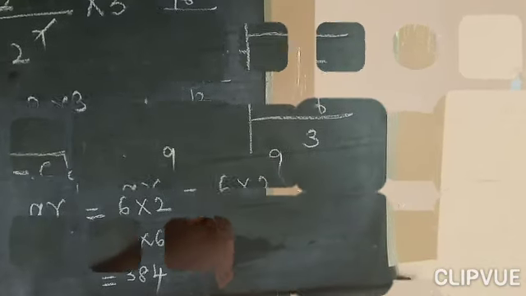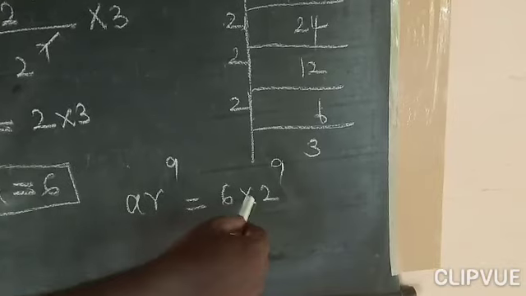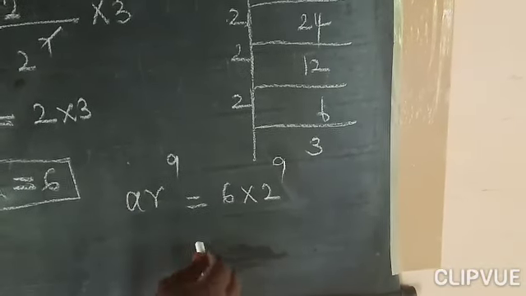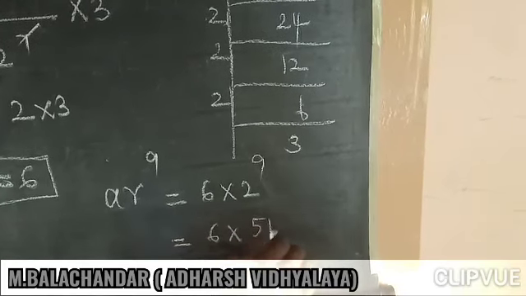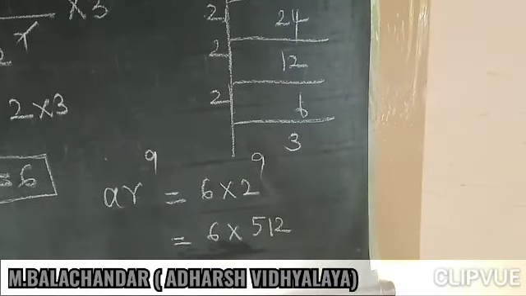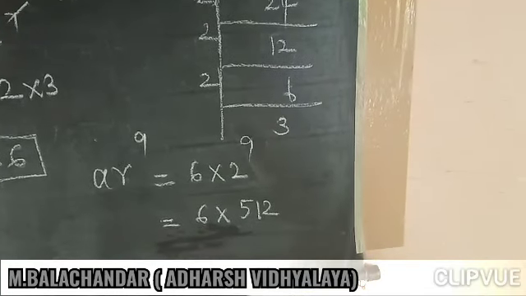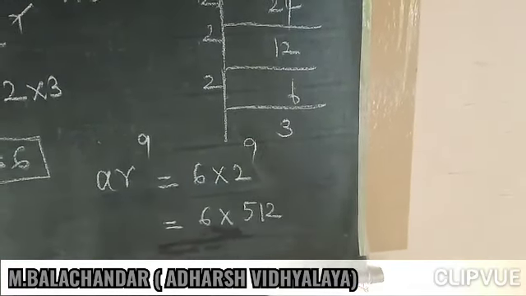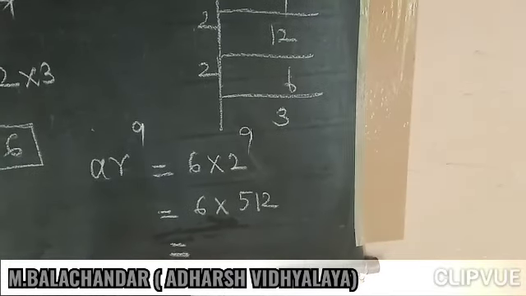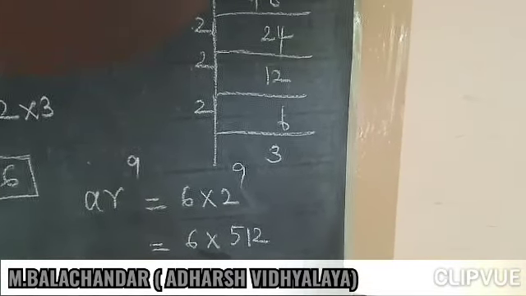A R power 9 is equal to A value 6 into R value 2, 2 power 9, which is equal to 6 into 2 power 9 value 512. In the last problem we discussed that 2 power 10 is equal to 1024. So divided by 2, we get this result 512. If you multiply 512 into 6,